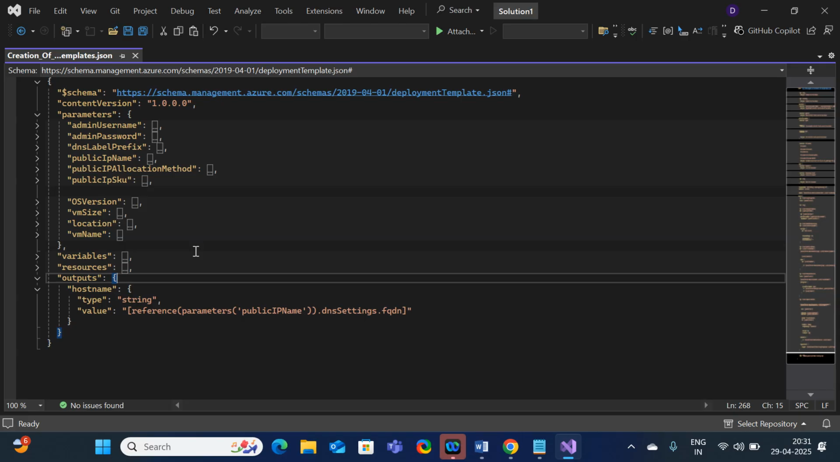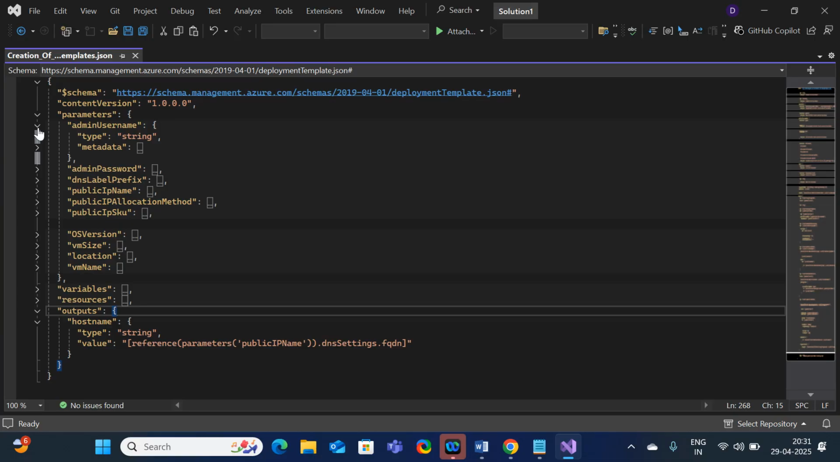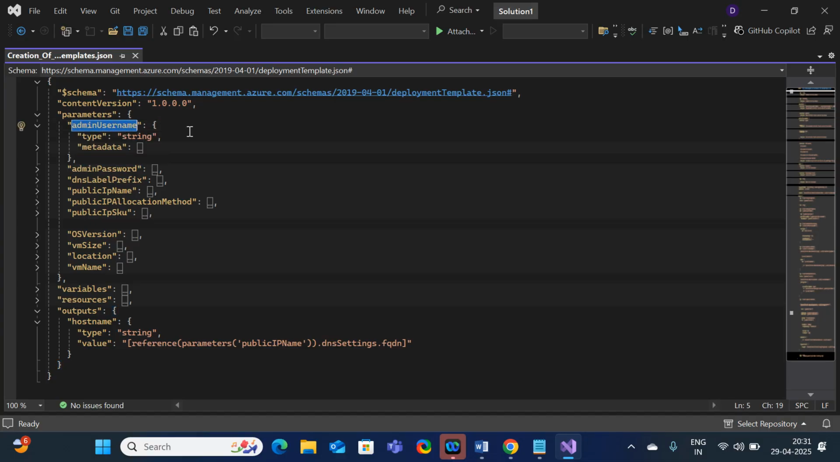Based on the parameters, just like properties or characteristics, we can choose the options. Coming to each parameter, I have different options. Like in parameters, the admin username is a kind of string, means I need to pass alphabets. Whatever username you enter here, it is going to take as input as a string. And admin password,